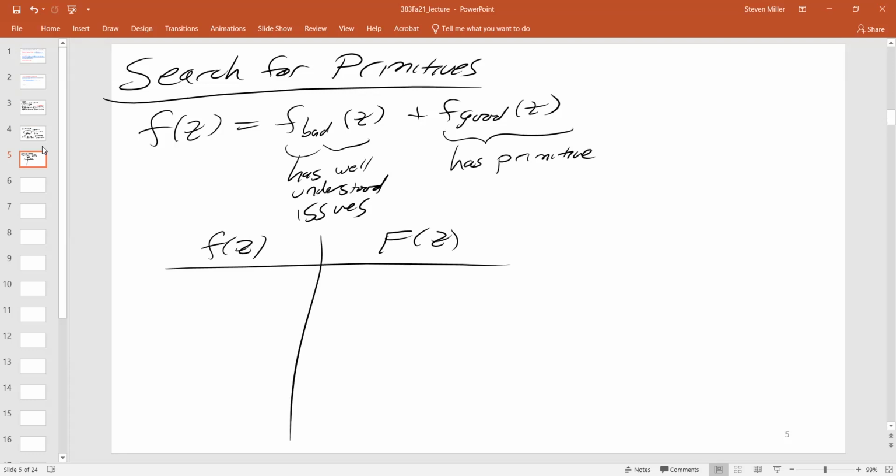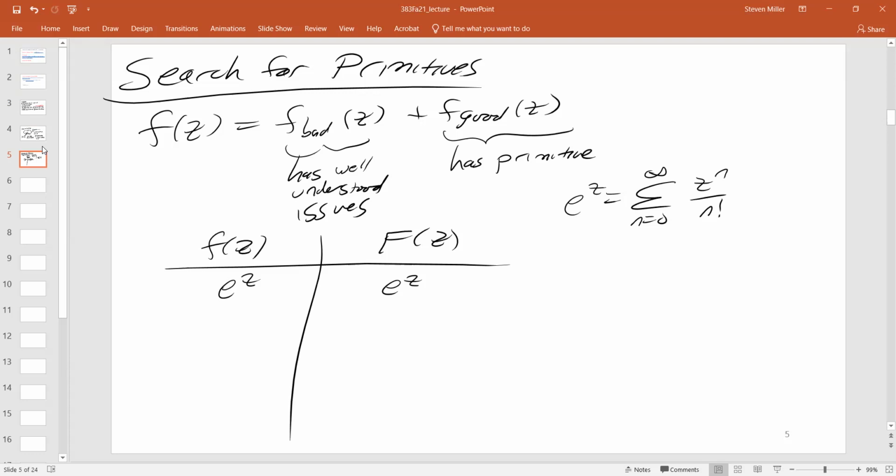Okay. What's the primitive to e to the z? And why is that the case? Because derivative. So what's your definition of e to the z? I'll just use the theorem. Okay, so e to the z is the sum, n goes from 0 to infinity of z to the n over n factorial. Okay.